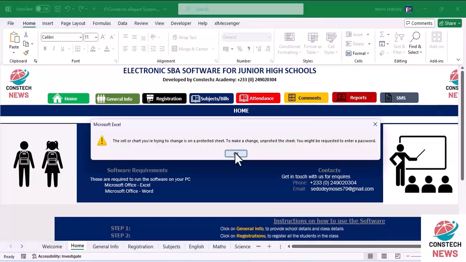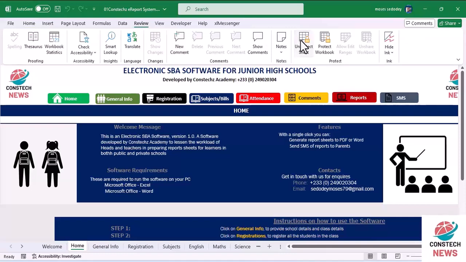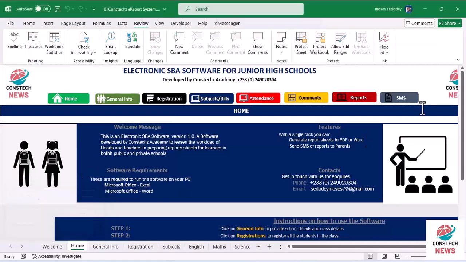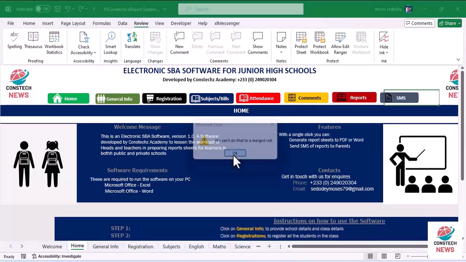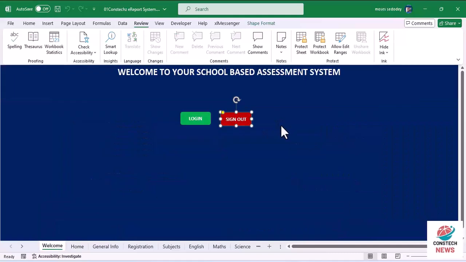So you can put the login, this thing, somewhere, especially on the Home tab. Put it at Home so that you can easily